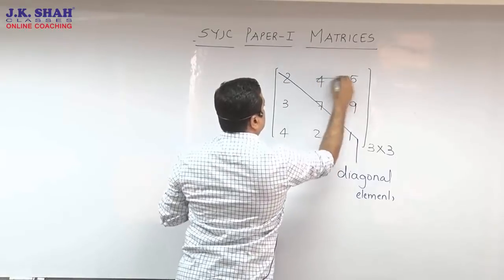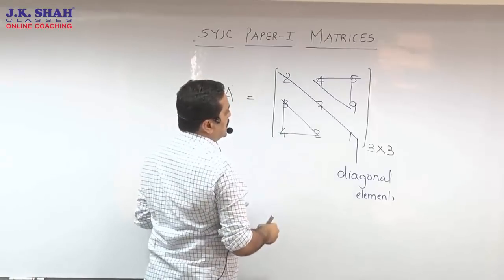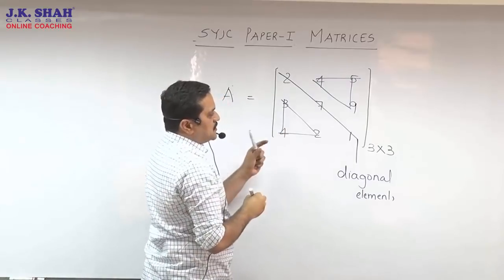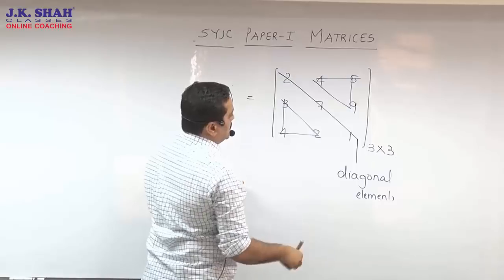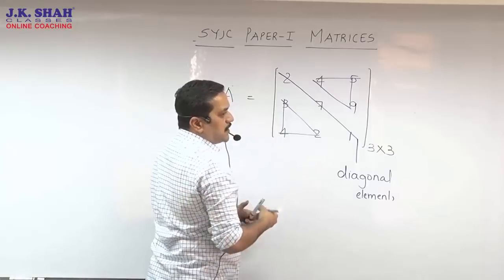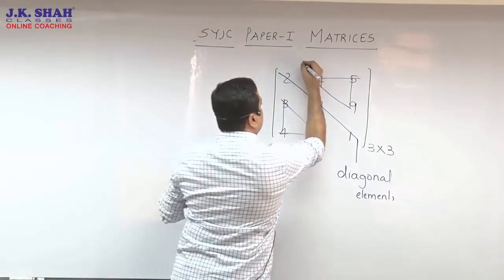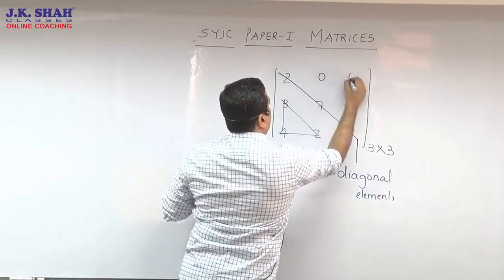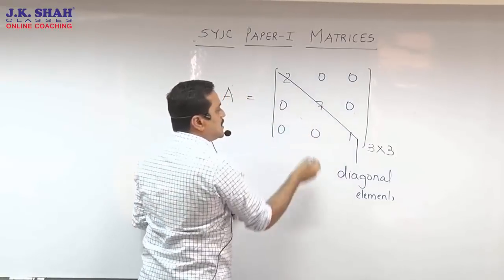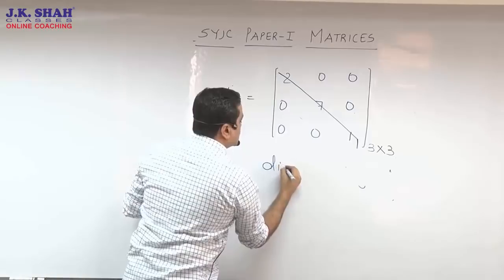The top 3 and the bottom 3 are called non-diagonal elements. Specifically, you can call them upper triangle elements and lower triangle elements. These are a few terminologies used in square matrices. Once again I repeat, the diagonal elements fall along the diagonal, and the ones above or below are the non-diagonal elements, or the upper triangle and lower triangle elements. Now if the upper triangle elements all go 0, and so do the lower triangle elements, that means the matrix only has the diagonal elements. Such a matrix is called a diagonal matrix.